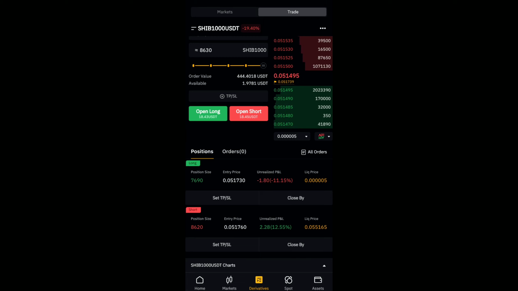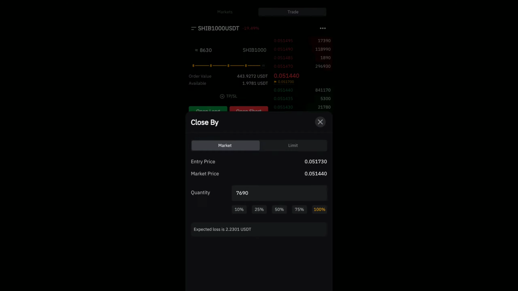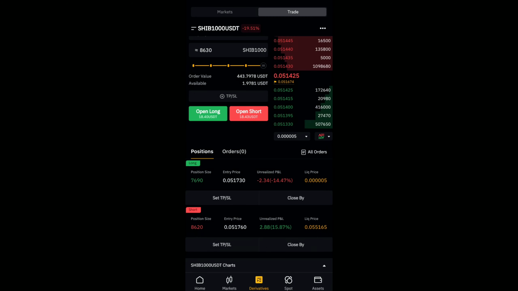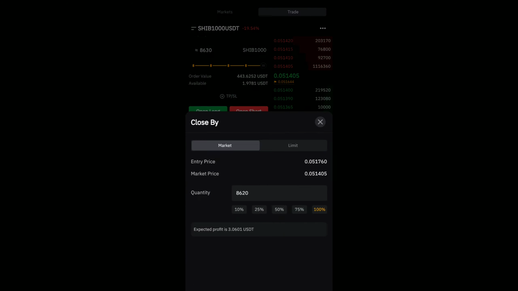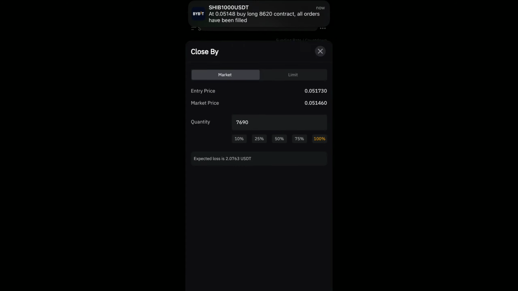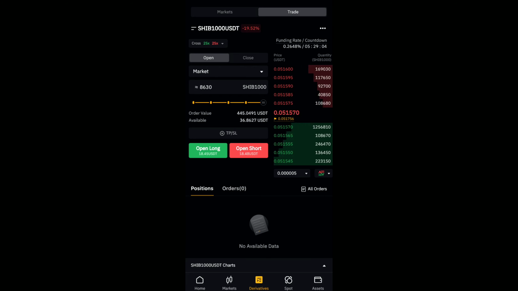You can select any coins like SHIB or any coin. I selected SHIB. As you can see here, I got a loss of $2, and I also got a profit of 2.8, like that. It will change. So first I will book the profit. Once you can see 2.8 something I got the profit, and 1.8 is the loss. You can close at a time and you can get this also. So no need to worry about that.